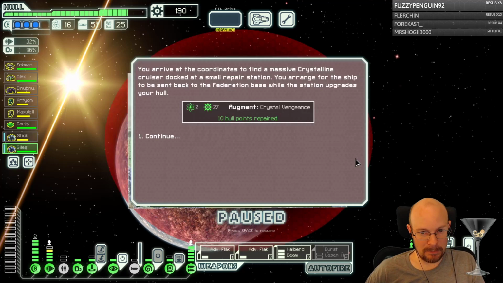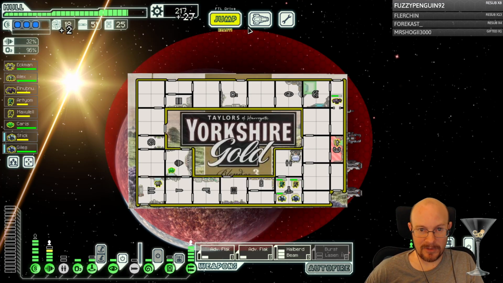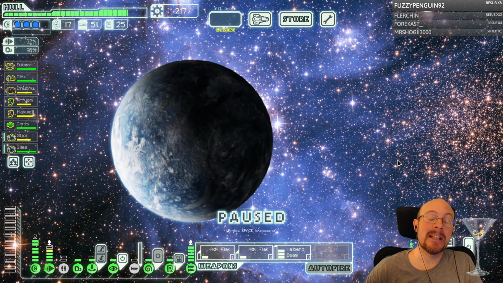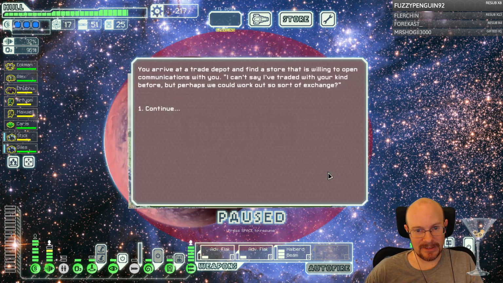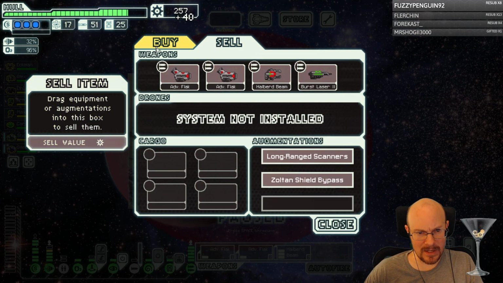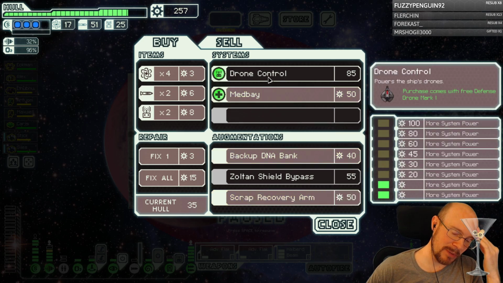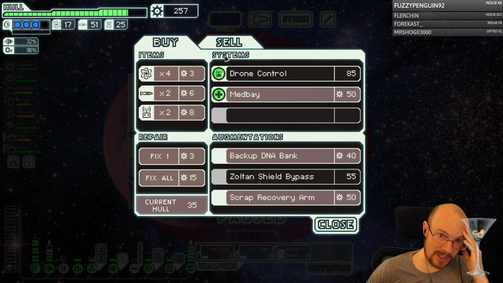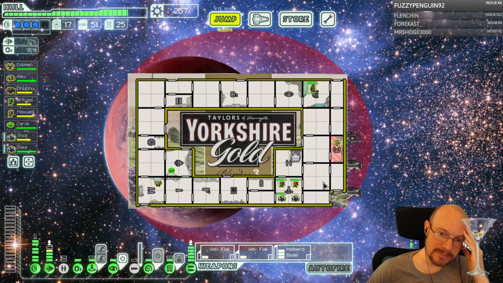Yeah, it's Crystal Burst 2, I guess. And we got the Crystal Vengeance, which is great, because we have a store right after to sell that crap. Because it's crap. Alright. Ooh, and we can get... Did I see Reconstructive? No, I saw Zoltan Shield Bypass that I already owned, so... Damn, not a thing that I want there. I'm not sure how many stores you can get in Crystal Sector, so...